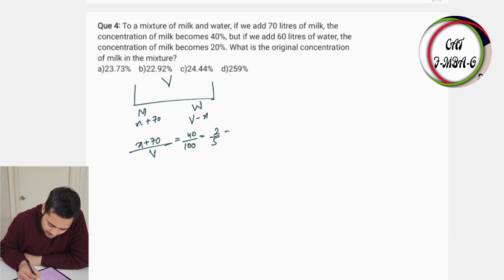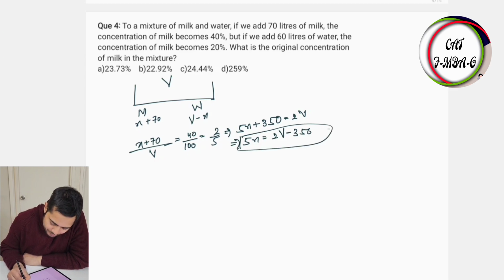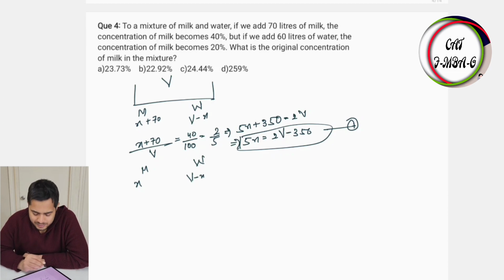That implies 5x plus 350 is equal to 2V. That implies 5x is equal to 2V minus 350. This is equation number 1. If we add 60 liters of water, so milk is x, water is V minus x plus 60 liters. Then concentration of milk becomes,